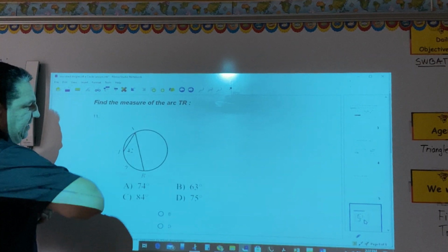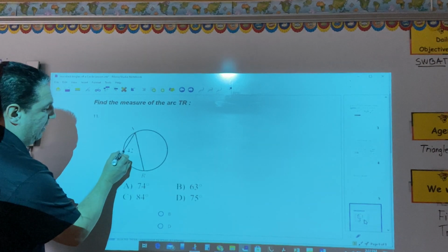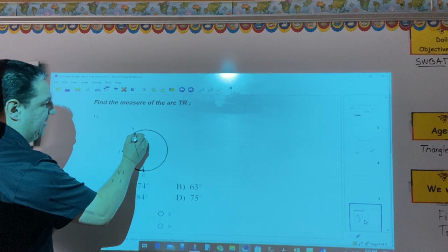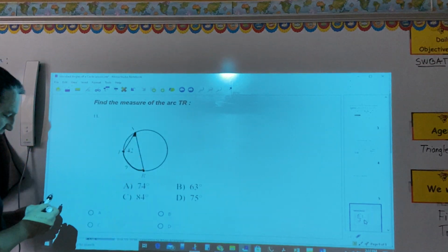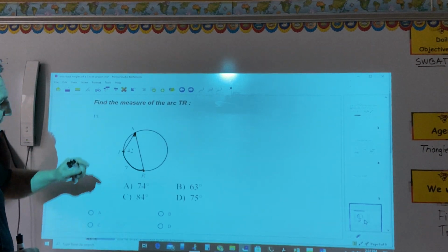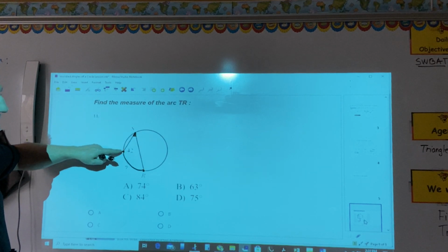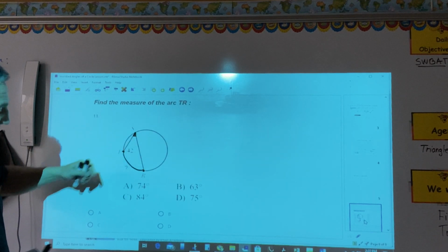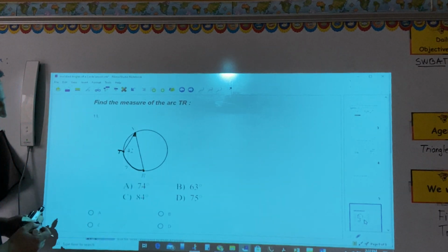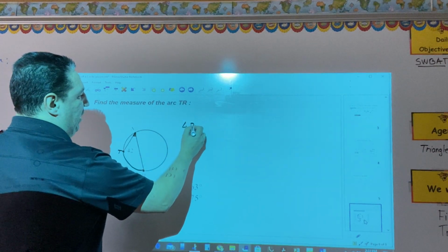So, in this example, we need to find the intercepted arc of the inscribed angle S. This is the inscribed angle S. As we know, according to the inscribed angle theorem, the measure of the inscribed angle is half of its intercepted arc, which in our example is TR. Now, we write the measure of angle S, which is 42 degrees,